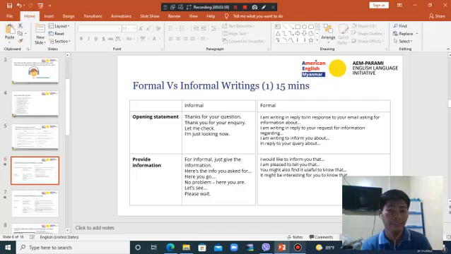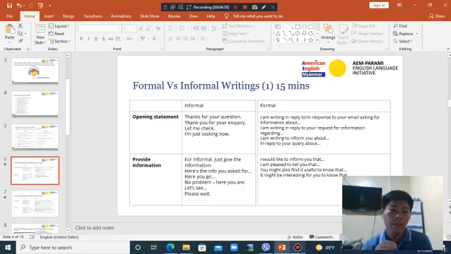The second is I'm writing in reply to your request for information regarding your inquiry about your hotel reservation, and so on. Thirdly, my favorite one, which is short and better: I'm writing to inform you about, and then you can continue with what you're going to give. And the last one, in reply to your inquiry about, can also be used. The first two are a little bit longer, and the third and fourth are short and to the point.